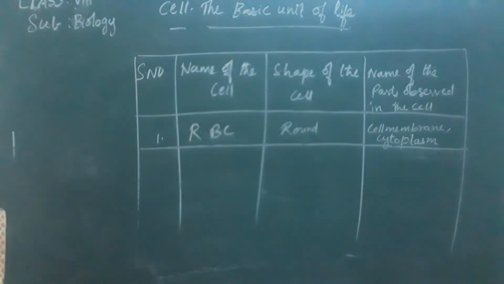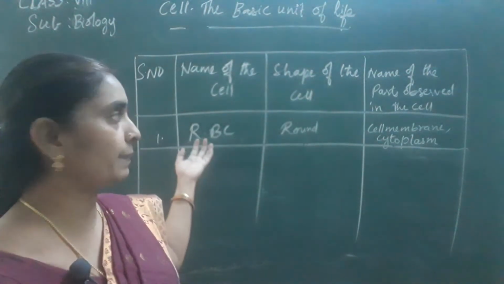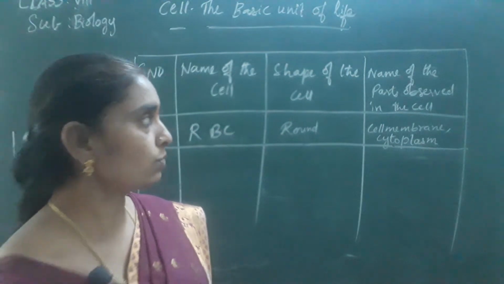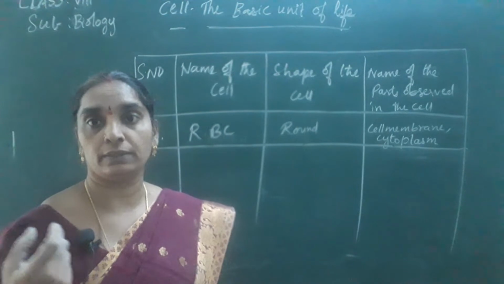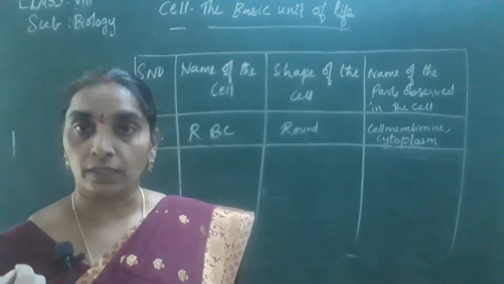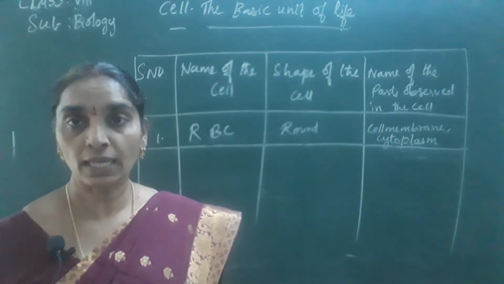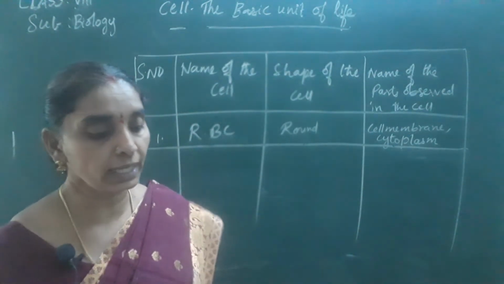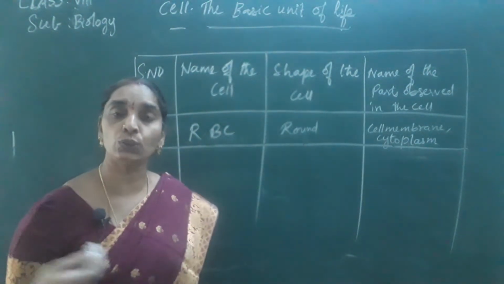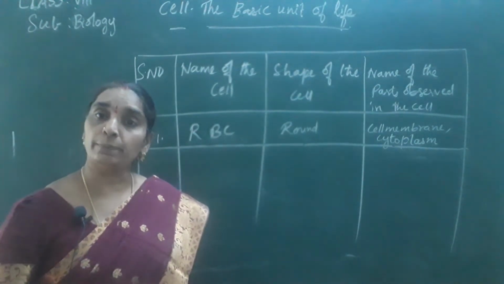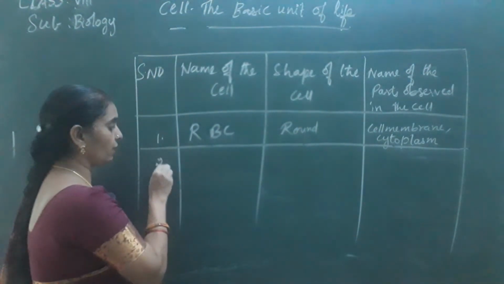About 4.2 to 6 million RBC per microliter are present in our blood. It leads to anemia if they are decreased in our body. Mainly the protein hemoglobin present in our blood is responsible for the red color of the blood, that is, red blood cells. Okay, so this is about the RBC. They vary in count from adults to infants and from male to female also. So we have understood about the RBC.